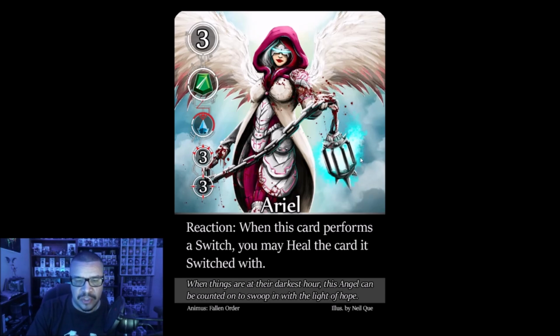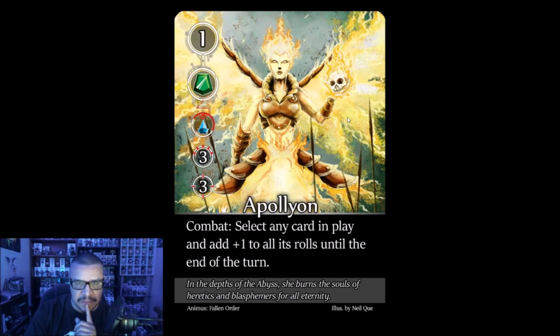Here we have another angel, Ariel. This one is one of the ones that is not one of the virtues. When things are at their darkest hour, this angel can be counted on to swoop in with the light of hope. I'm trying to remember what the design of this was. One thing you're also going to notice is that most of the angels, in fact, I believe all the angels, except Papalion here,